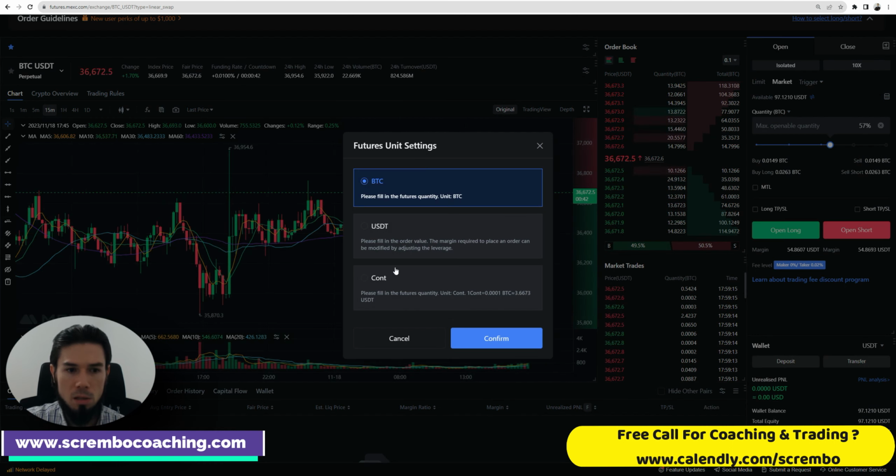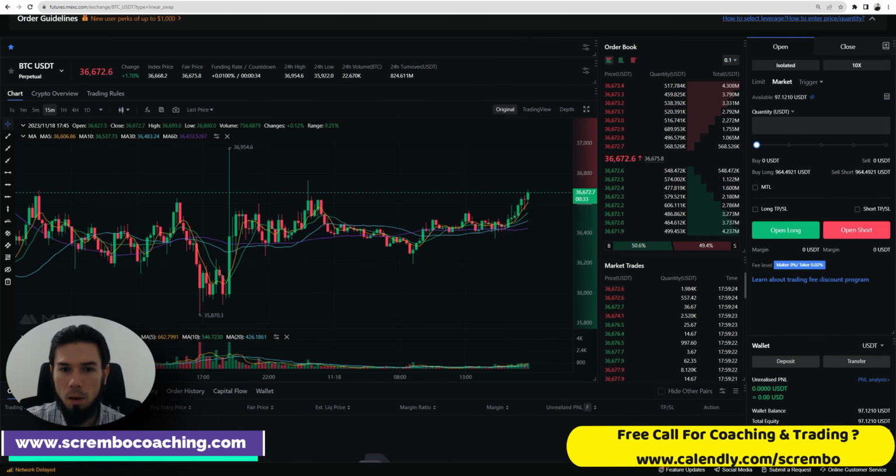Or, I can basically go to see my futures unit setting, which is something I'm suggesting to change over USDT, like I'm doing right now in this tutorial dedicated account. So I can see how much I go by USDT, which is a lot easier than seeing in quantity of Bitcoins, and then you have to calculate that and multiply and all that. So let's say if I go basically,